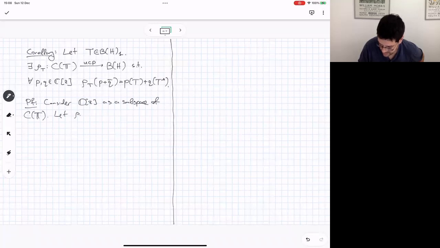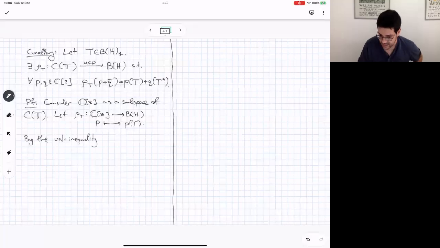Let rho_T from C[Z] to B(H) be defined by taking P to P(T). By the von Neumann inequality, which we proved last time,